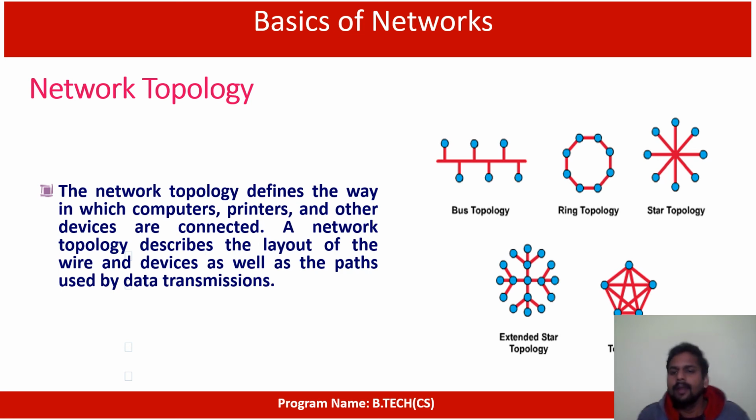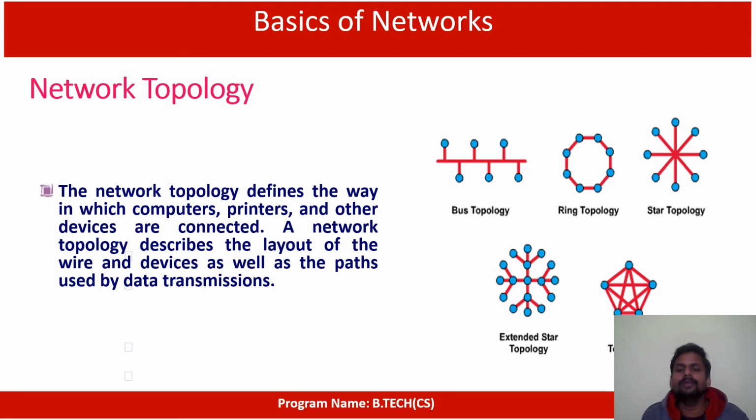And star topology. Here we are using one central hub to share the information to all the systems. So it doesn't depend on any other system to make a communication, because we are maintaining the central hub. The main disadvantage of this topology is that central hub only. If anything happens to that central hub, then automatically all the systems connected to it will get affected, and they cannot communicate, and they cannot do any transactions. That's it.